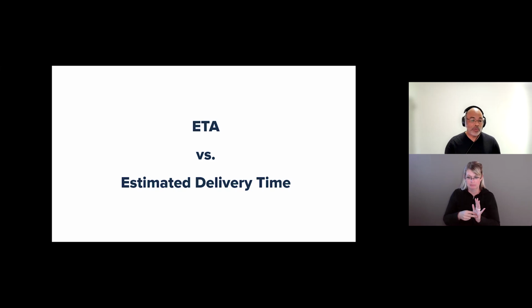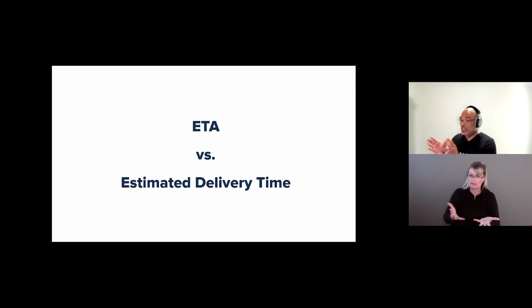They also could not agree on estimated delivery time, but yet here it was inside of the UI. This is a good example of not using clear language to establish what the actual meaning is. There was only one other person in that meeting besides myself that actually knew that ETA stood for estimated time of arrival. So if you say estimated time of arrival and estimated delivery time, they're pretty much saying the same thing. So what I suggested to the team is that we do away with ETA because it's confusing.